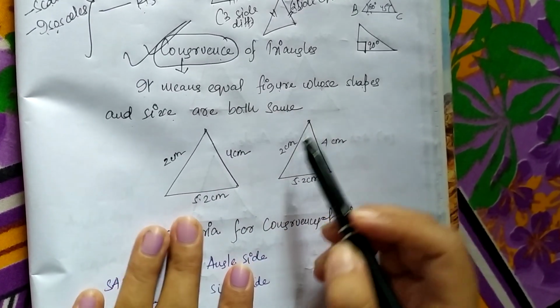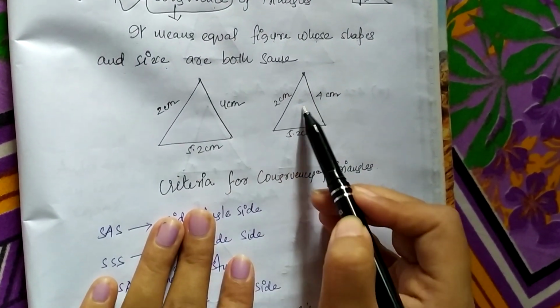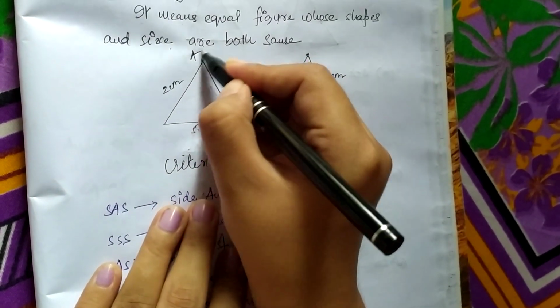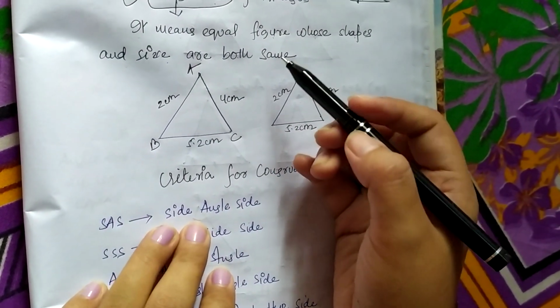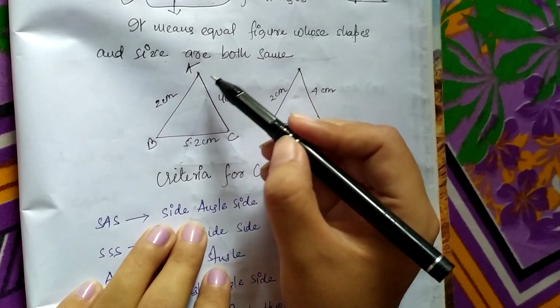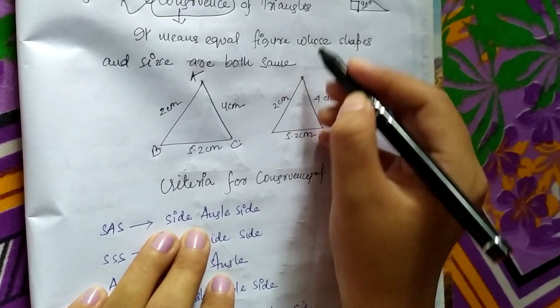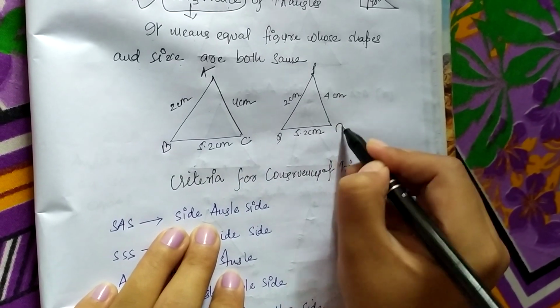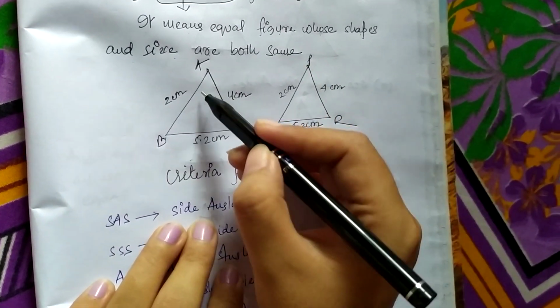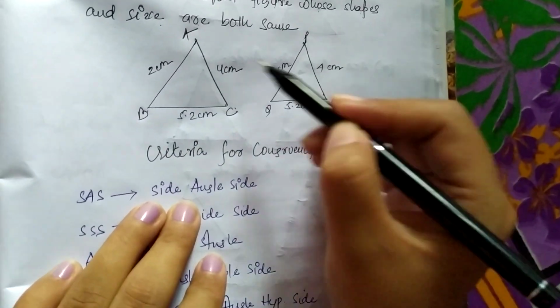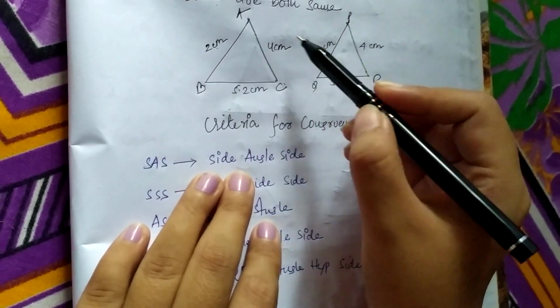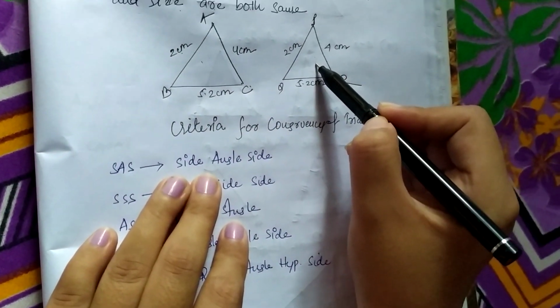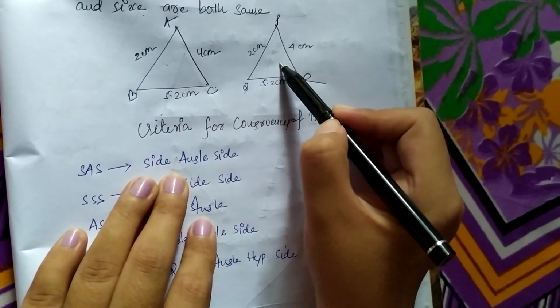So if we are assuming two respective figures, say suppose here I am assuming two respective figures, that is triangles, as we are having a concept on triangles itself. So congruency means in triangle ABC and in triangle PQR, say suppose, its shapes will be same and also its size will be same. In that case, we can say that the two respective figures are in congruency. That means these two respective figures are congruent.